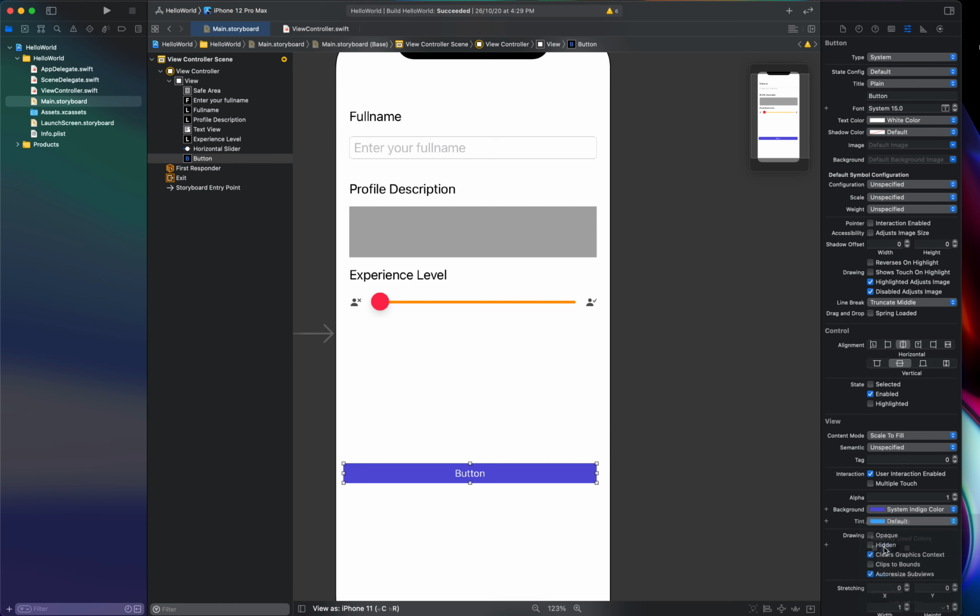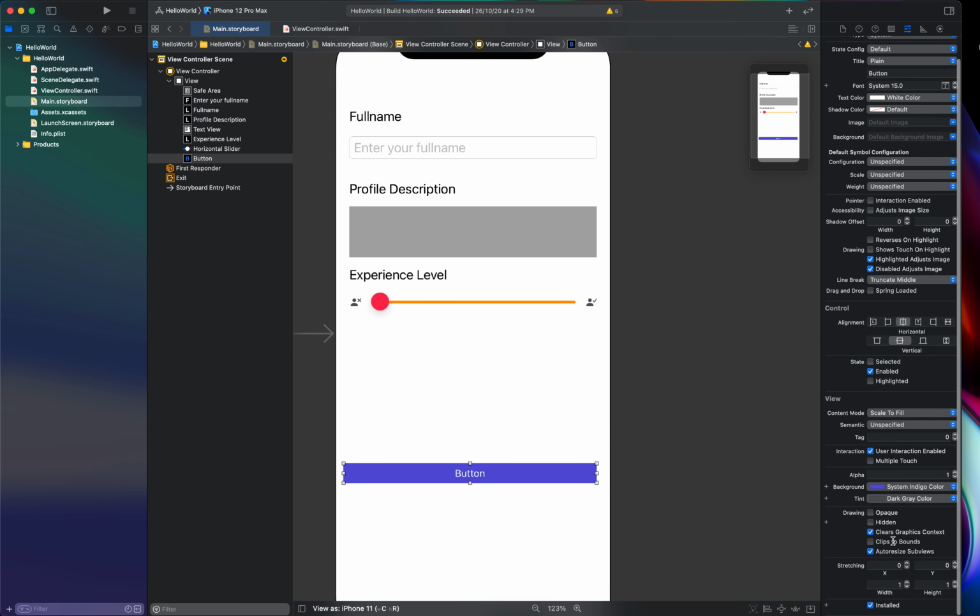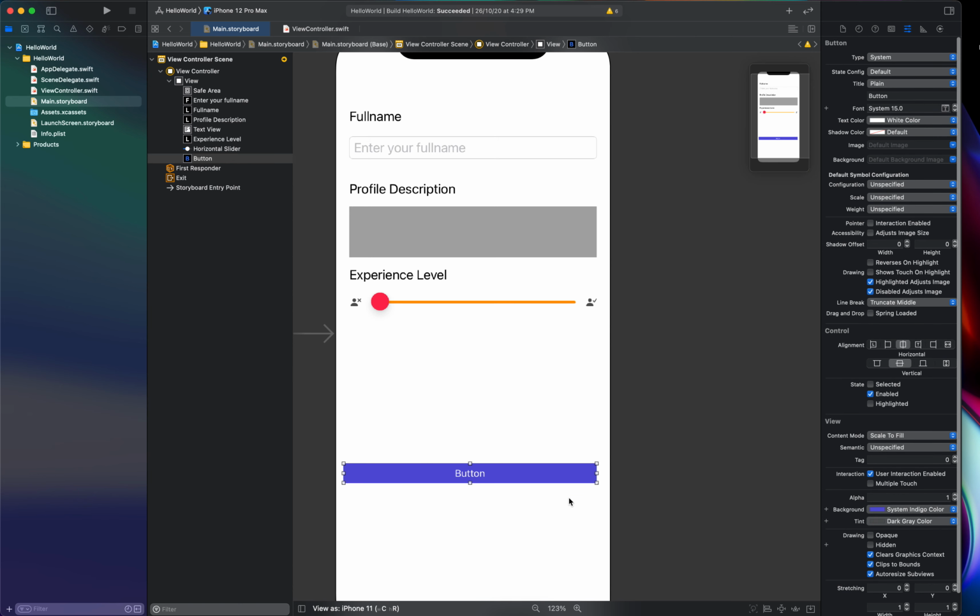We can select a tint color like this, and this will be effective when we have some shadow color or something like that, then we can use it. Opaque collective bounds will help when we have certain border radius and everything. We'll see this now, don't worry about it. So that's it. So we need to name the button as